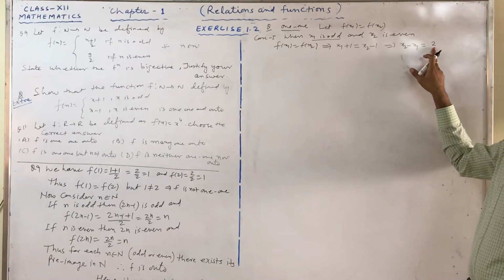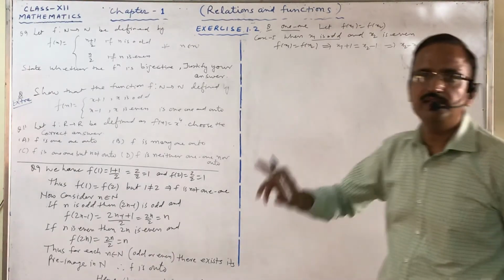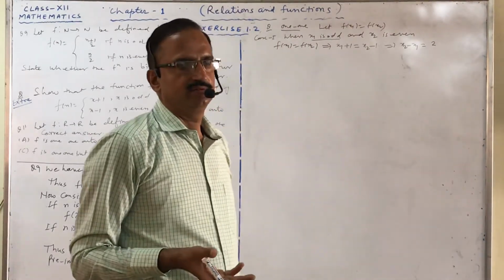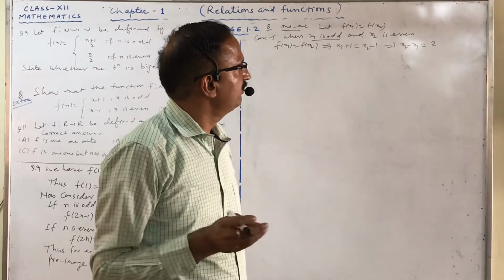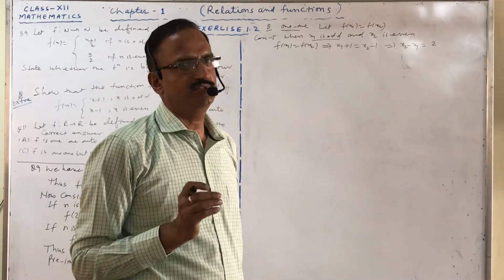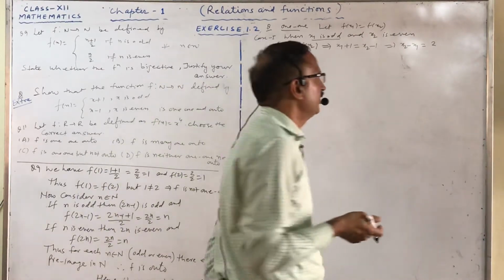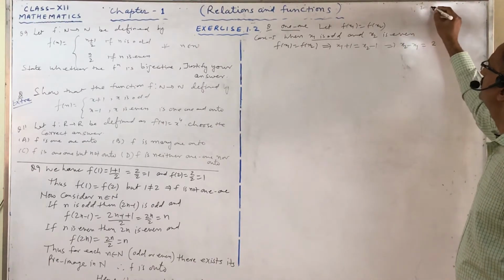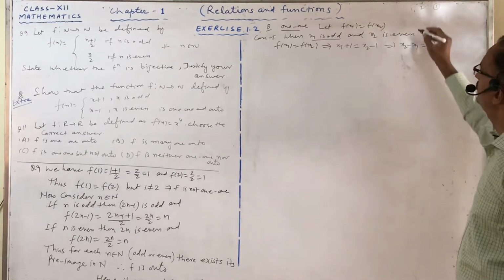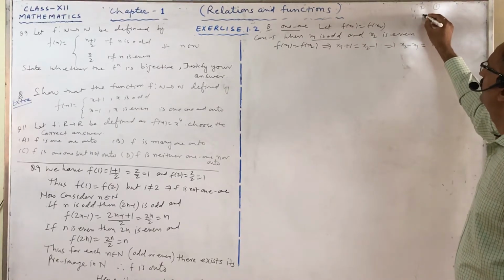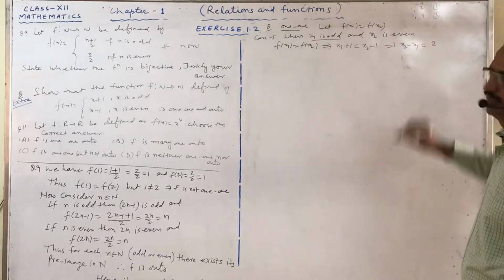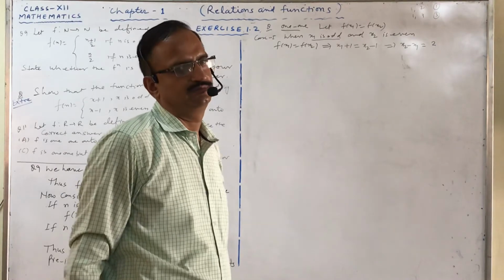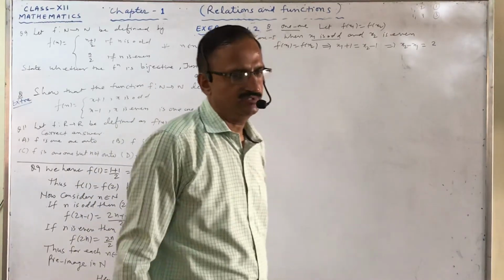It can't be 2. 2 is not the difference of any odd number and any even number. The difference is not equal to 2, which means this is not possible. You can check for any odd number, any even number. Suppose I am considering 1 as odd number, 2 as even number. The difference is 1. If I am considering 1 as odd number and 4 as even number, the difference is 3. So it never comes to 2. It means it is impossible.